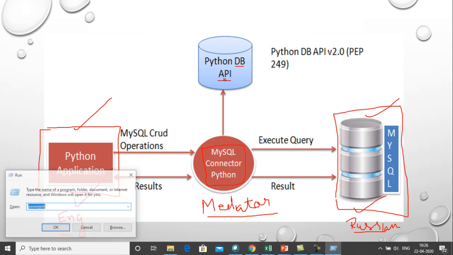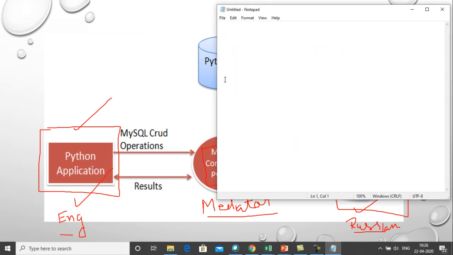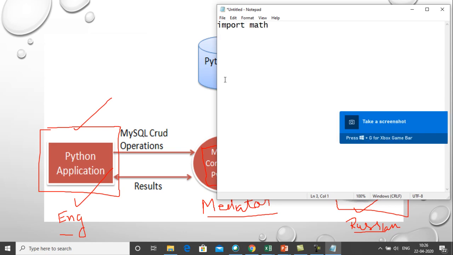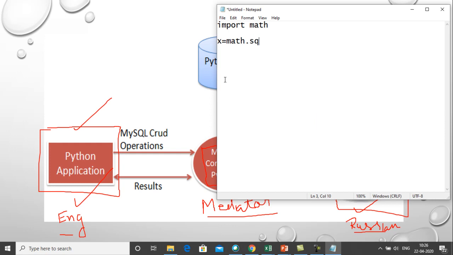And for using that function, what will you do? You first add the line import math in your program, and if you want to find the square root of 19, you write math.sqrt and within the brackets you put 19. This sqrt feature is available in this math module. Once I add this math module, I can use any of the functions present in the math module. So similarly,